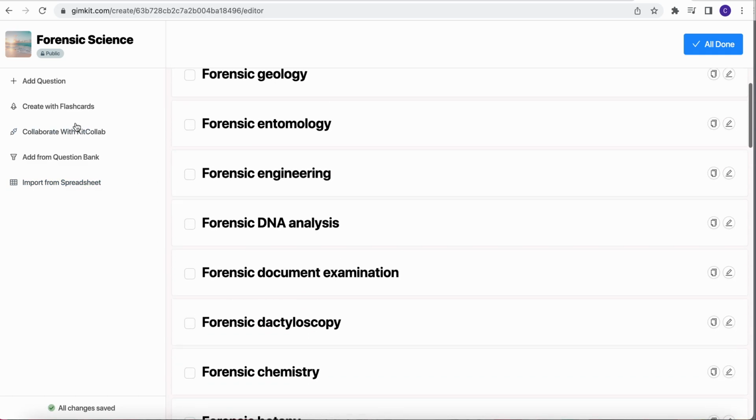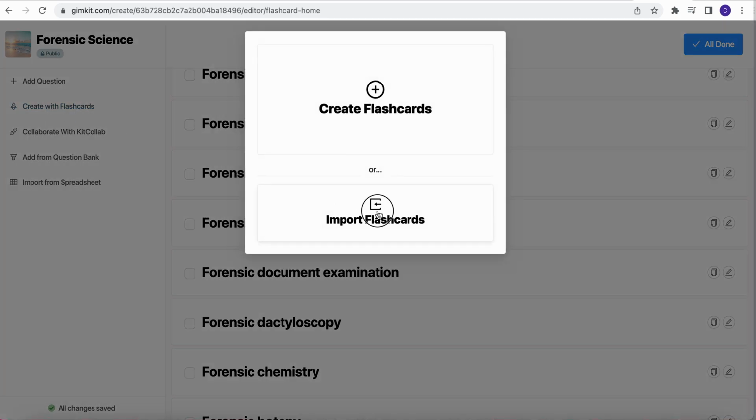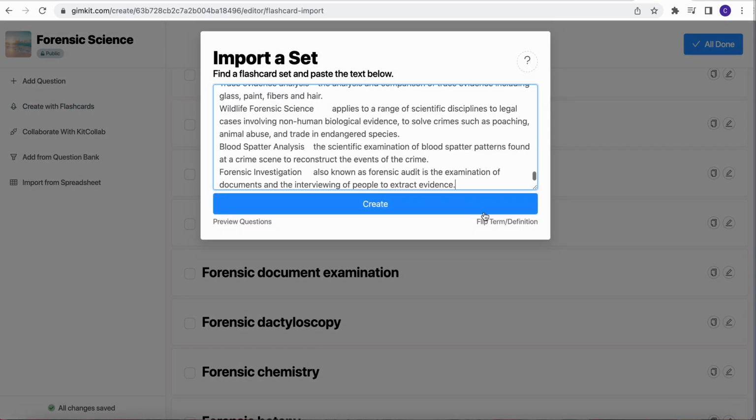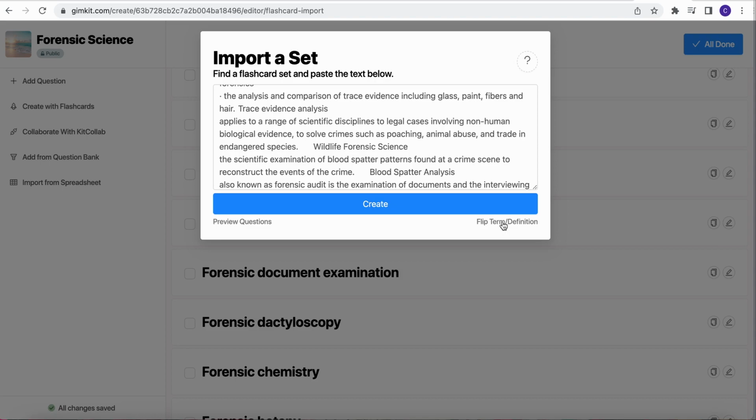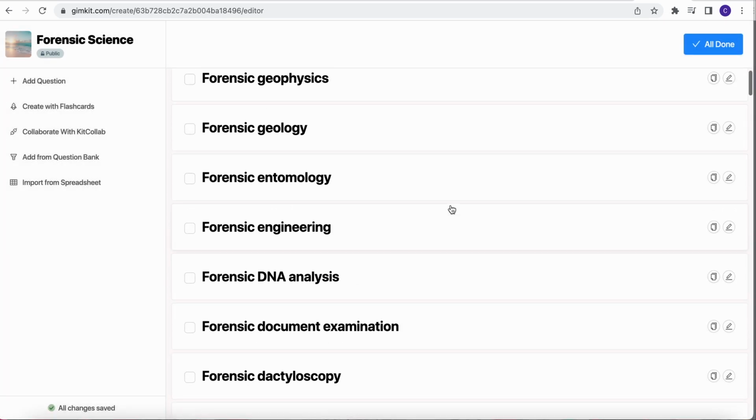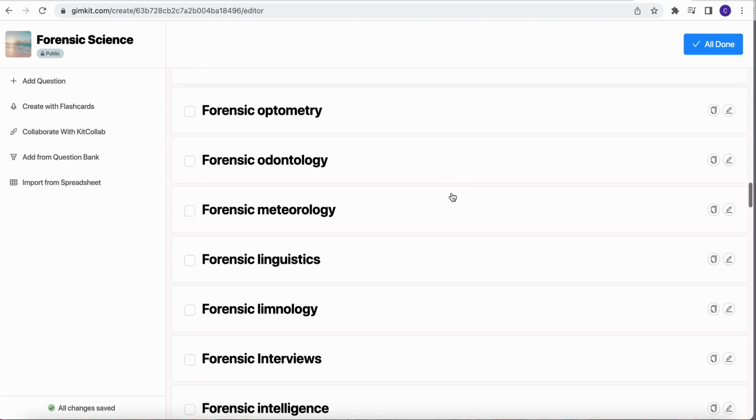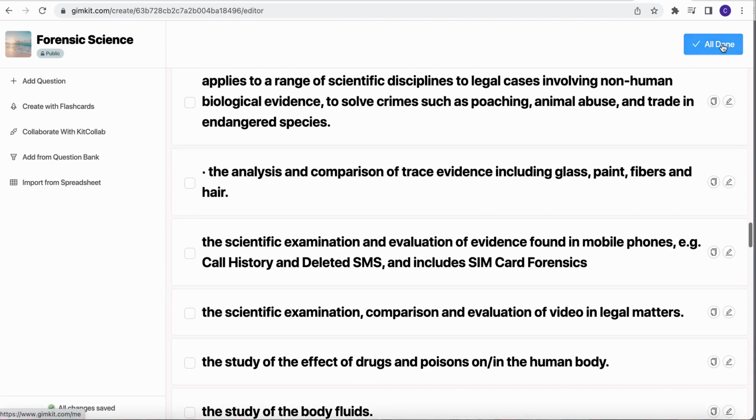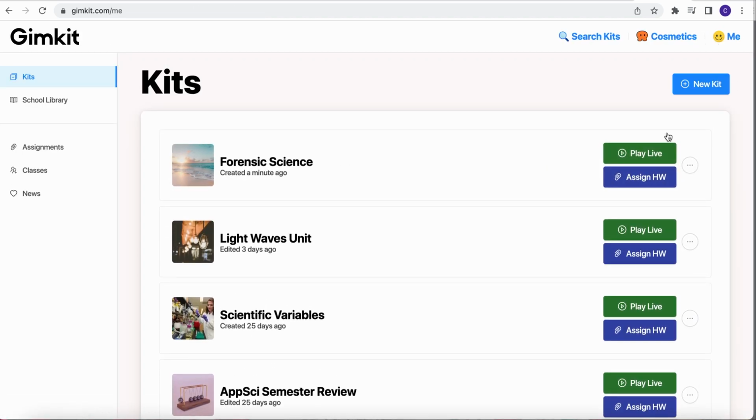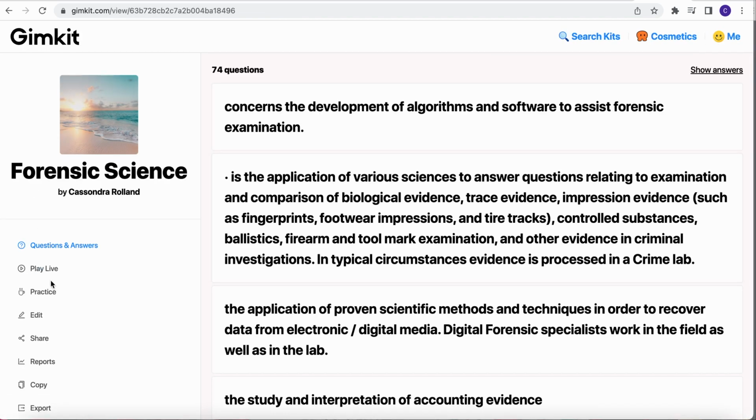What I also like to do when I do this is I just go back to create with flashcards, paste them in again, and then I flip the term and the definition. So now it'll give them a definition, and then they have to pick from a term instead of having a term and then picking from the definition. I feel like this is just a really easy way for students to review vocabulary,